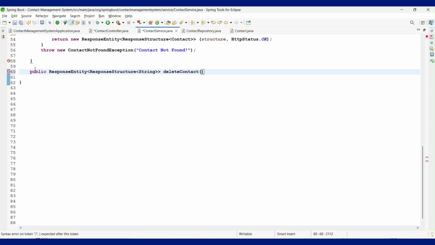To delete a particular contact, the integer ID will be there, and by using that ID we can delete the contact. So after this, public, sorry, response structure,